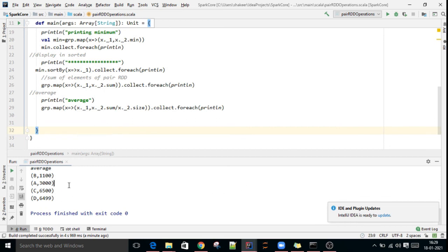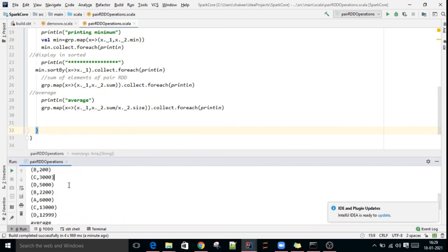Before the average, the total sum: here it is doing the sum in this step. 2000 plus 200 is 2200, like that. So that is the sum of elements of a pair RDD.